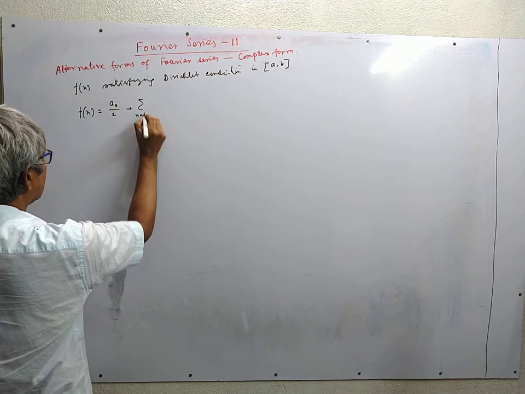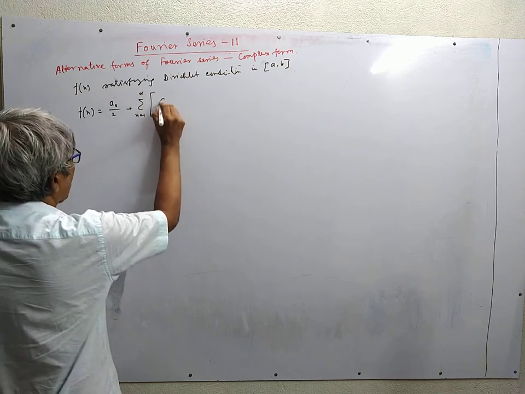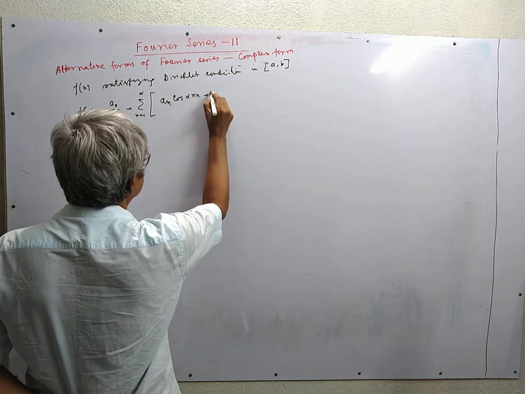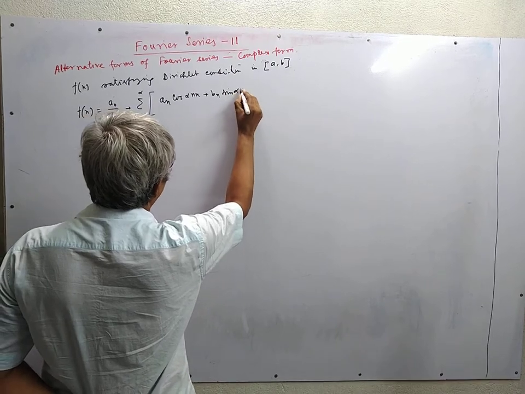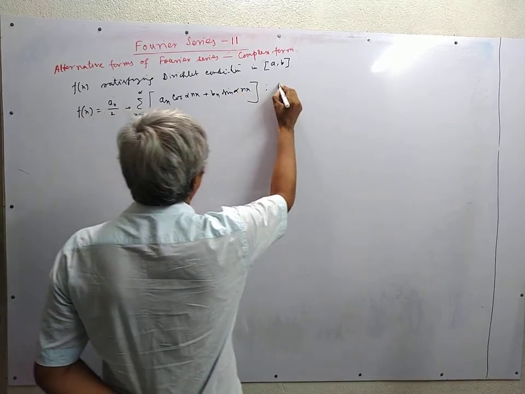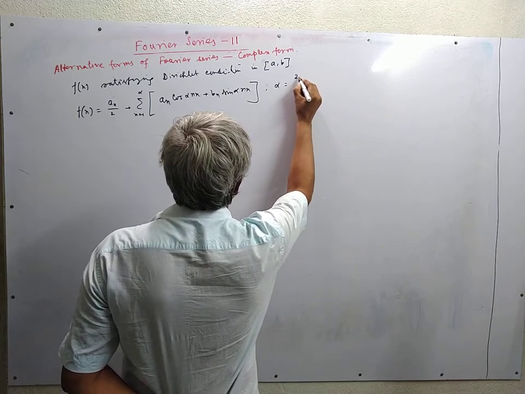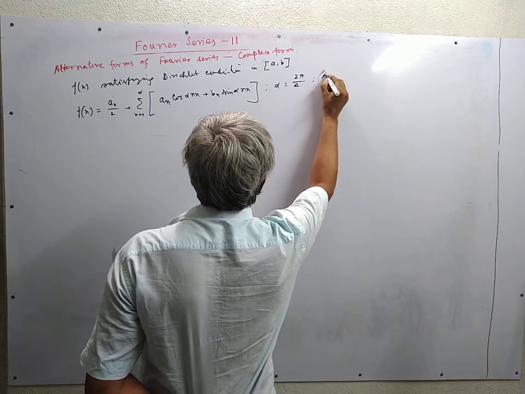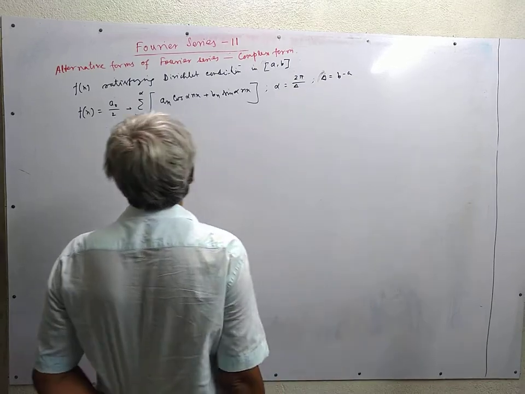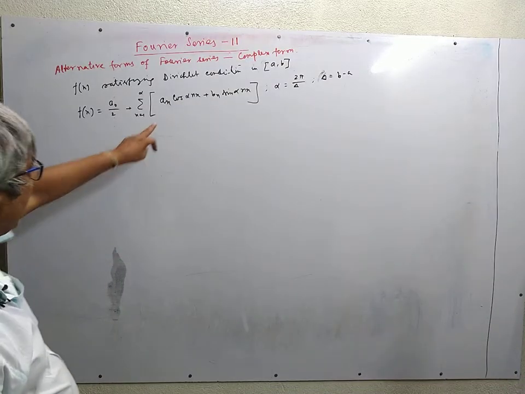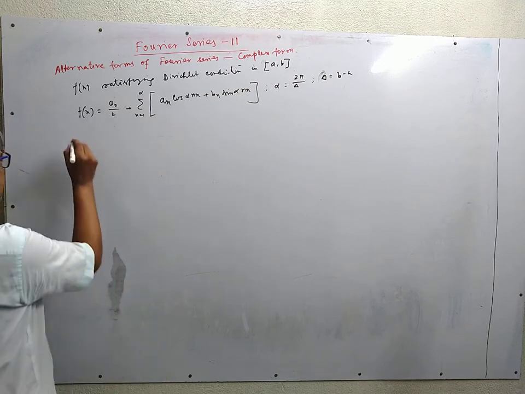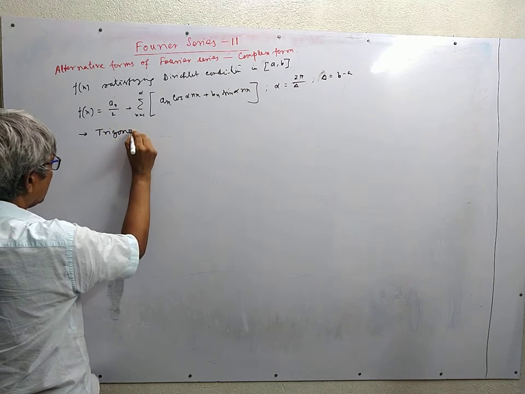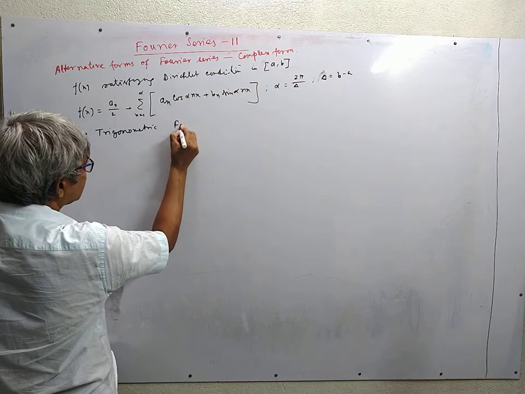summation over n is equal to 1 to infinity of an cos of alpha n x plus bn sine of alpha n x, where alpha is equal to 2 pi by delta, with delta is equal to b minus a as usual. This series involves two semi-infinite sums. So this is one way, this is the trigonometric Fourier series